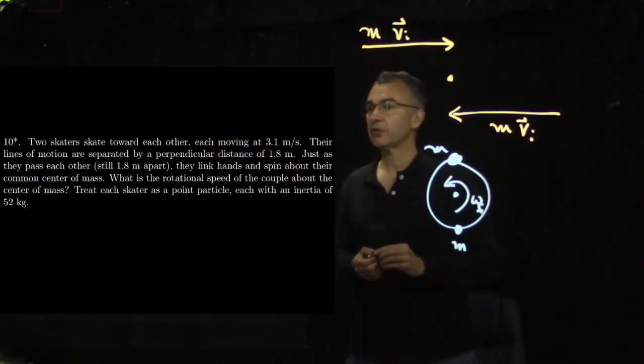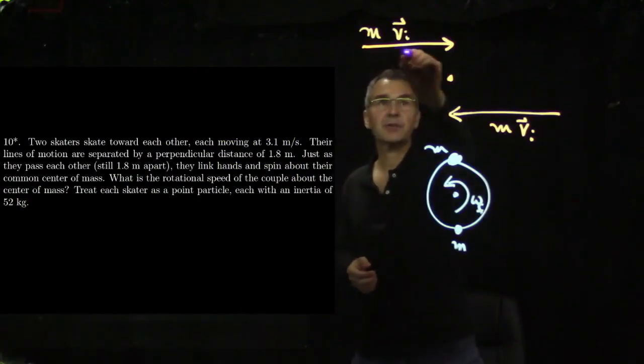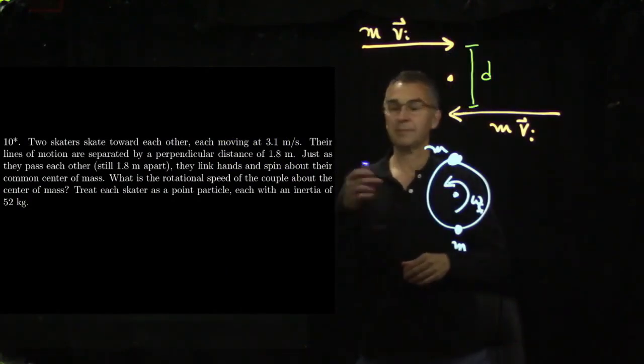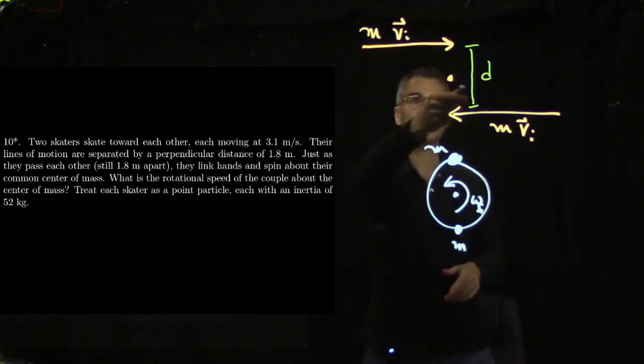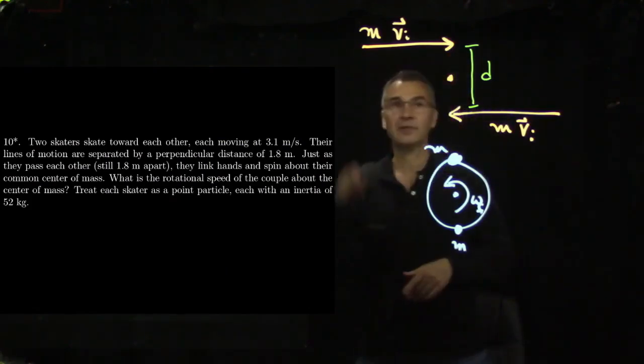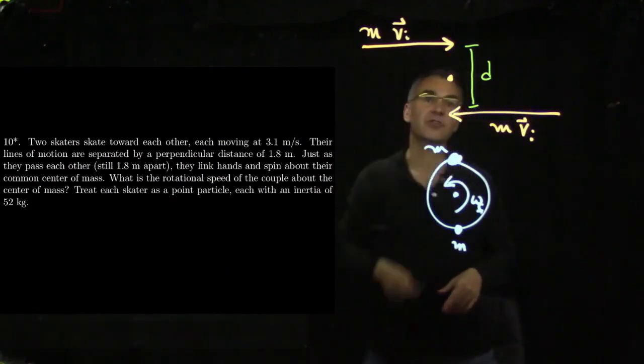Two skaters skate toward each other, each moving at initial speed v. Their lines of motion are separated by a perpendicular distance d. Just as they pass each other, still a distance d apart. That's a perpendicular distance d. That means if they're going in straight lines like this, then their distance of closest approach to each